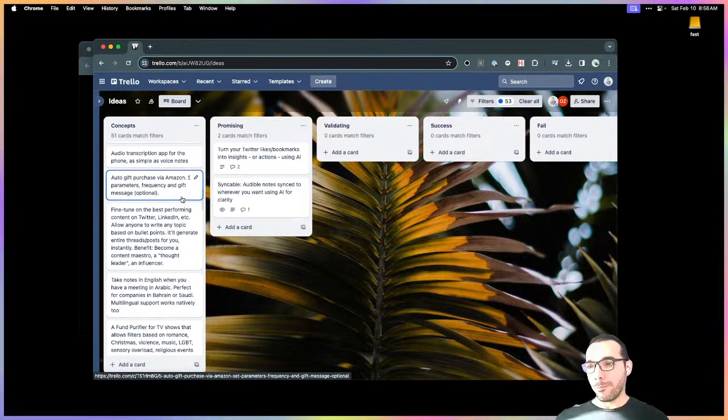Audio transcription app for the phone, as simple as voice notes. I know this is a feature that I later discovered. This was actually a feature that Android had. It's not fantastic. There's a transcription app on Android. Works pretty decently, but it doesn't allow you to upload your own voice notes.